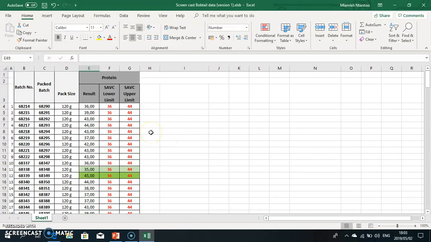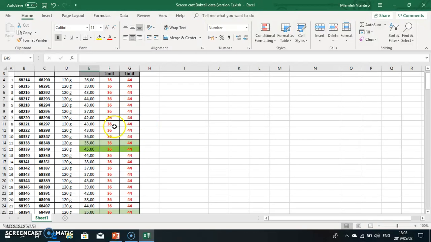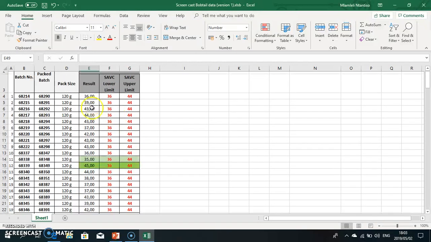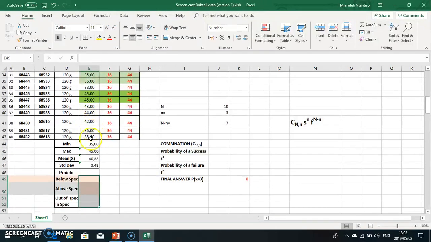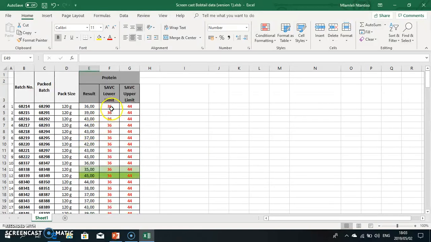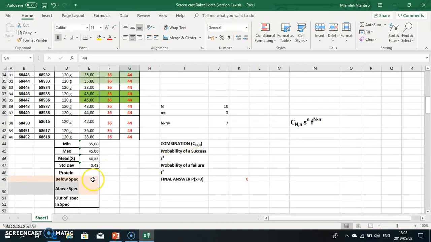Excel is a very good tool to use when you're analyzing complex data. Here are the measurements taken by the manager. There are 40 measurements, with a lower specification limit of 36 and an upper specification limit of 44. So we want to know the out of specification results. We must start by calculating the below spec, which is what is below 36. To calculate that, you do COUNTIF,